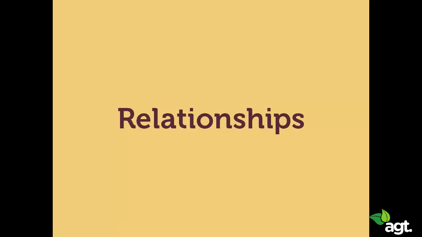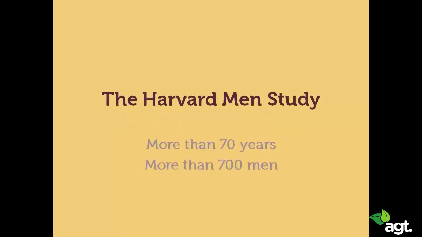We will start off this section by taking a closer look at another research study, the Harvard Men study. This is not just any study, but one of the longest running and most ambitious psychological studies of all time. The Harvard Men study ran over 75 years and followed young men from Harvard University and the city of Boston throughout their whole lives. Altogether, more than 700 men participated. It started shortly after they entered college in the 1930s and ended just a few years ago.